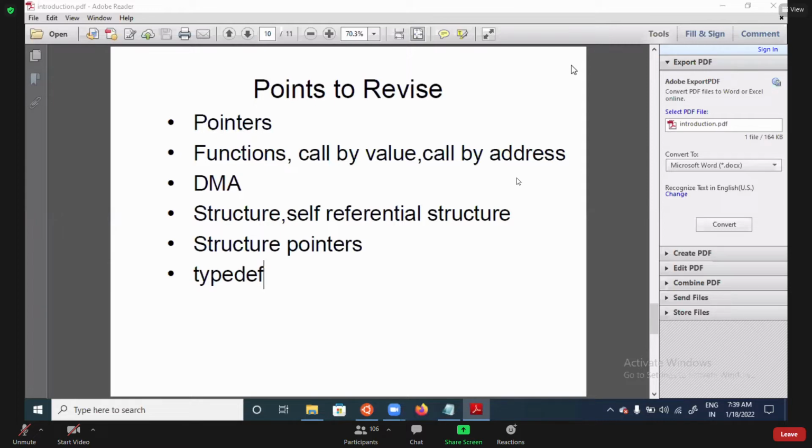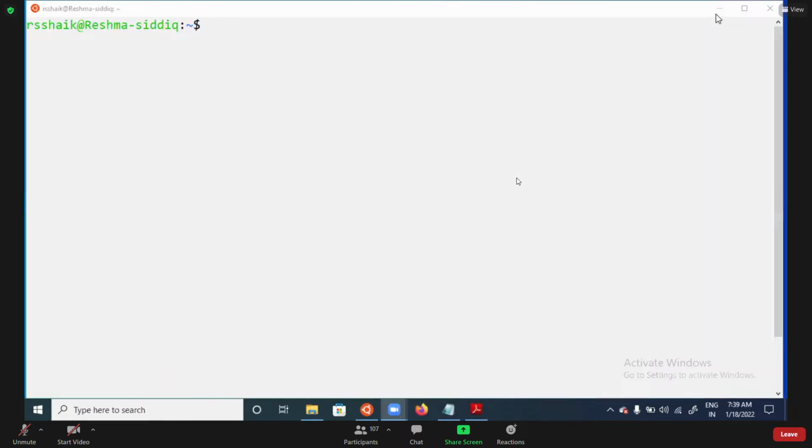Self-referential structure. Self-referential structure is nothing but, try to analyze. This is struct student.